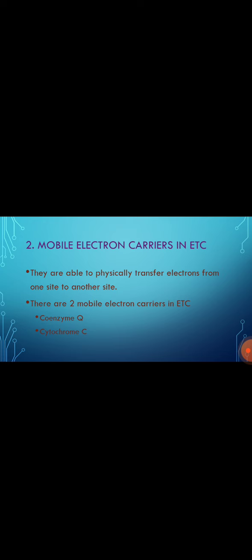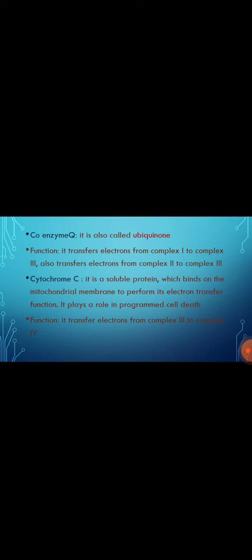Next, mobile electron carriers in ETC. They are able to physically transfer electrons from one site to another site. There are 2 mobile electron carriers in ETC, coenzyme Q and cytochrome C. Coenzyme Q. It is also called ubiquinone. Function of coenzyme Q. It transfers electrons from complex 1 to complex 3, and also transfers electrons from complex 2 to